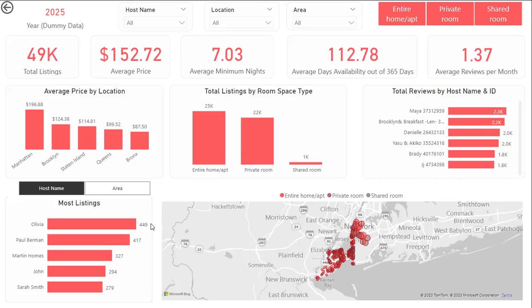And further over here, average days availability out of 365 days. So usually how much the vacancy of those particular rooms is in the entire year, we can clearly see that this much on average the spaces are available in each particular